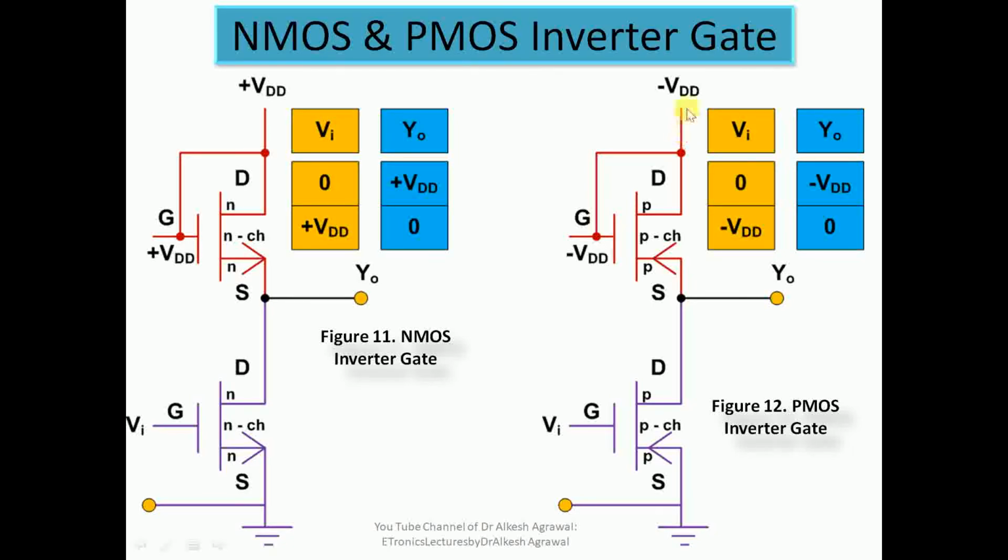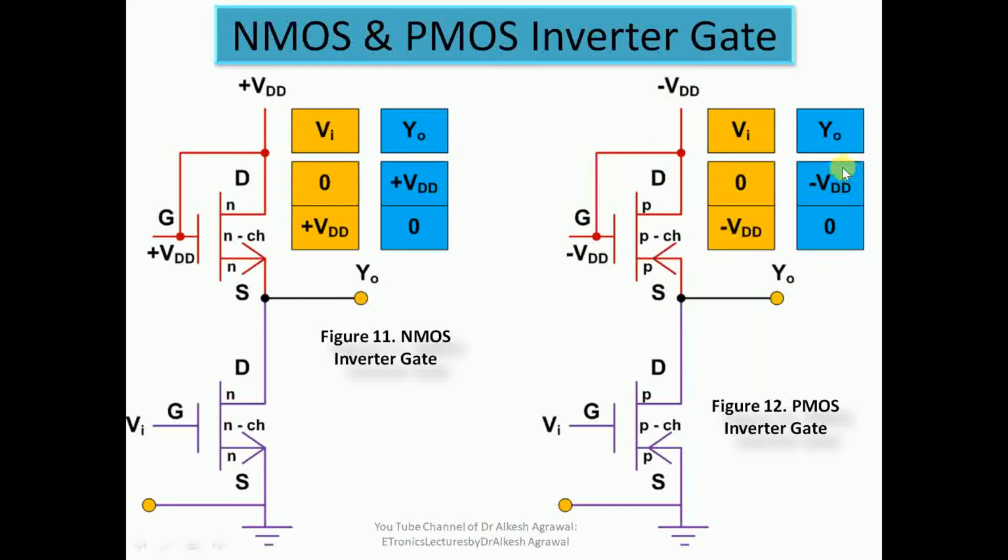The difference is that here we give a negative polarity voltage to the gate, because this is a P channel MOSFET, so a suitable polarity voltage will be negative. So this gate will always be on because it is connected to minus VDD. Again here, when Vi is 0, this gate will go into cutoff mode, and since this gate is on, being always connected to minus VDD, the output will be pulled up by the supply,